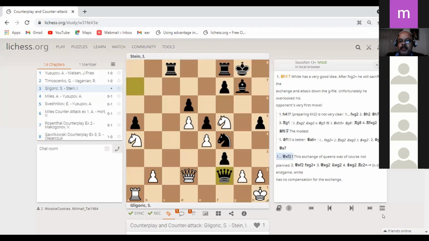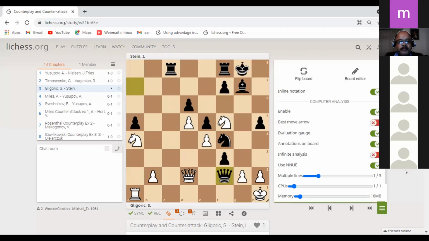Any comment that you guys want to make on that? Goes to queen takes queen. Pawn takes g2 check. King g1, knight h3 check. Right. Now, if you guys think of what I said a few minutes ago, white had planned these variations